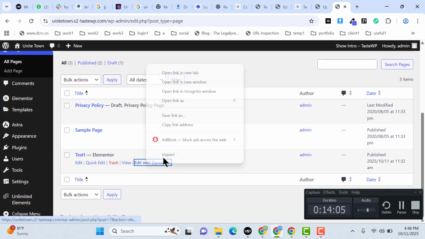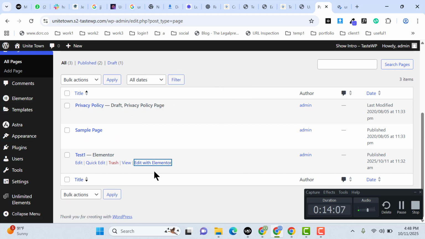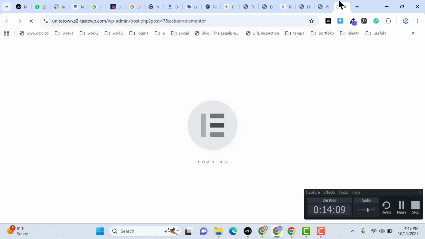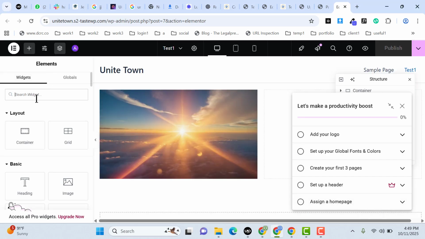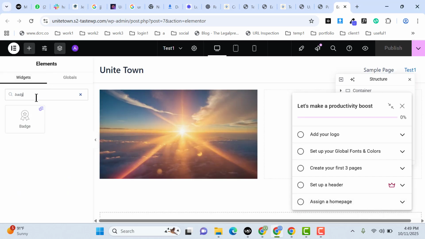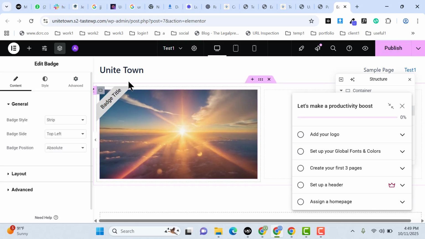and here I have a test page. So let me go and click on edit with Elementor, and now here search for badge, this one, and drag it anywhere. So now here you can see these are the different styles. So now I want to add this one, circle,